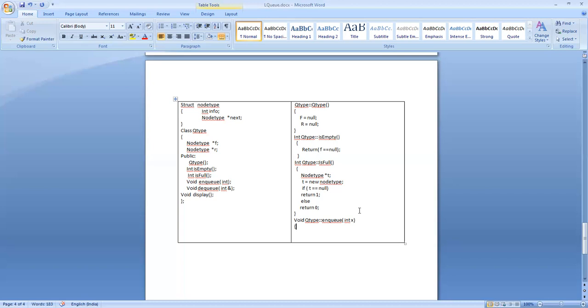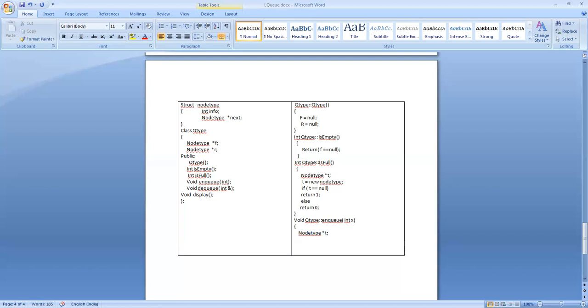So in both the cases, whether the queue is empty already or whether the queue is existing, we need an empty node to contain the new value x. There we will store it. So for that we need a pointer variable. I call it node type star t.